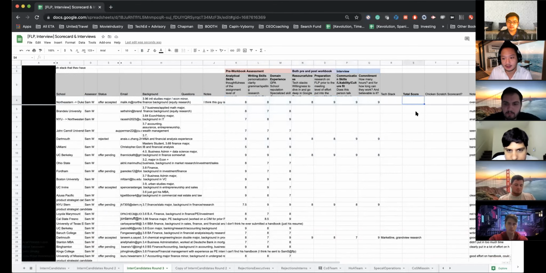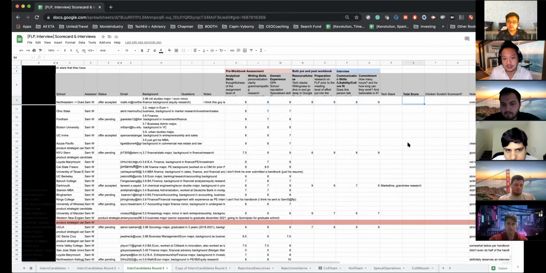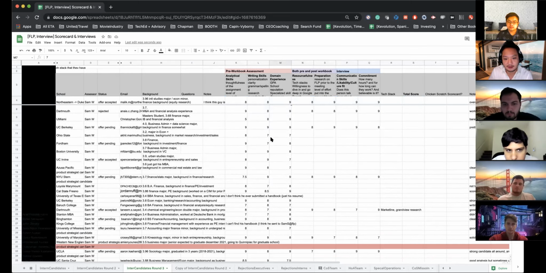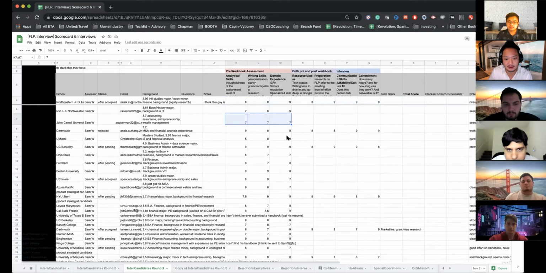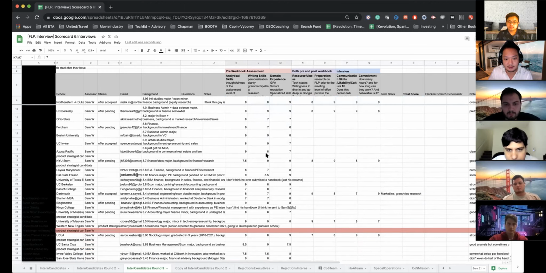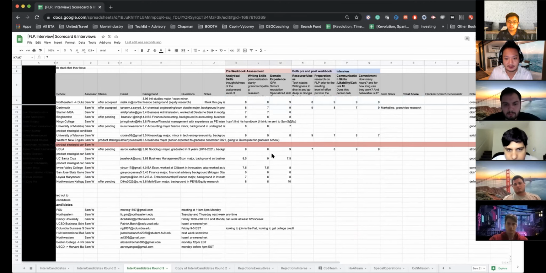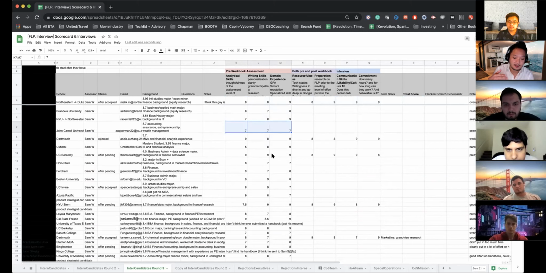And then they're supposed to put a total score down, but we reject people that don't meet the minimum. Like this person is just 777, so obviously he or she didn't make the cut. We look for nines, and then the interview is spent verifying whether a nine's a nine or a three's a three.